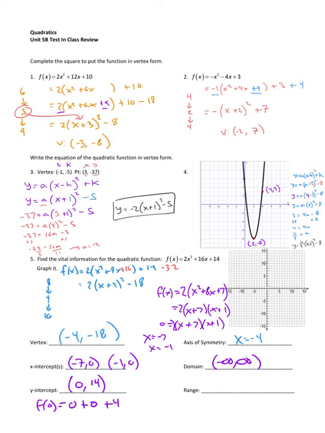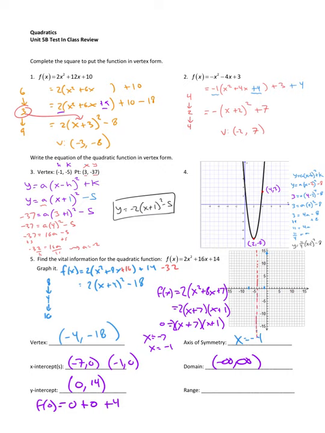And now I can graph it all. It looks like I will have a y-intercept of 14. I will have my x-intercepts at negative 1 and negative 7. And my vertex is (negative 4, negative 18). It is off the graph a little bit. And my axis of symmetry is all the way down that negative 4 line,